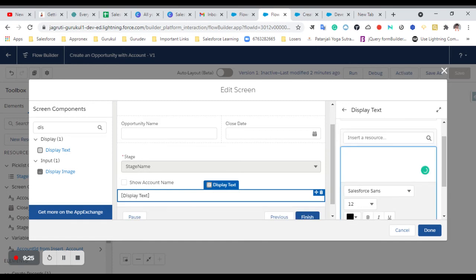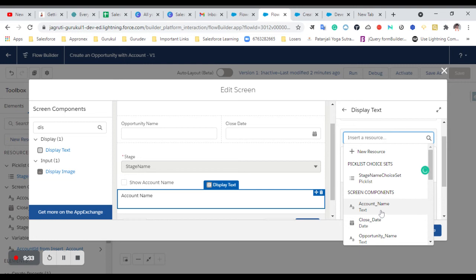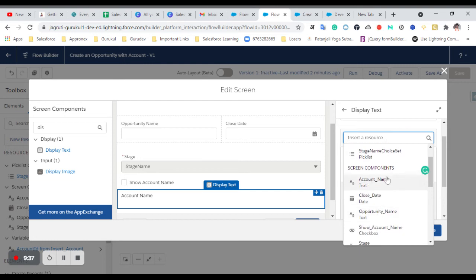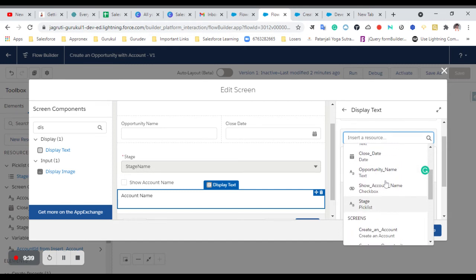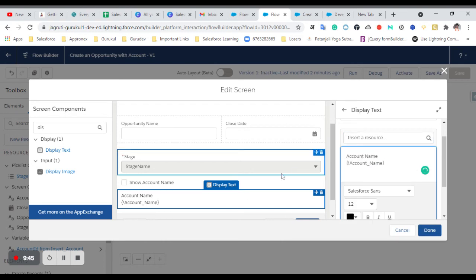And now we can put, so let's just put account name, and in the next line we will put the account name that we have in the other screen, that is account name. So we can just put it. Okay, yeah, looking perfectly fine.